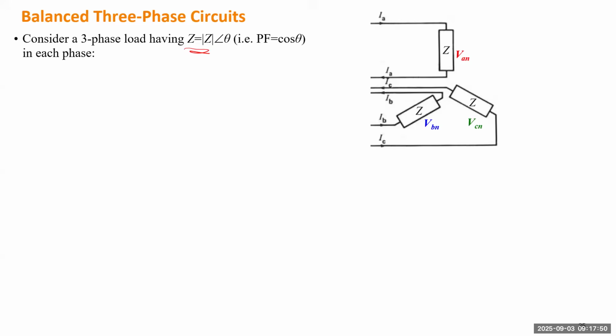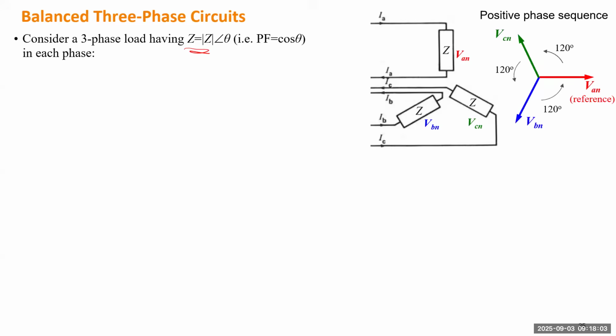And next, we assume the 3 voltages are generated by the same generator, because the 3 windings ABC will have a 120 degree displacement. So if we use a phasor diagram, we consider positive phase sequence, which means phase A will be leading phase B, and phase B will be leading phase C. And here we use phase A as a reference, so we can assume this one will have angle 0.